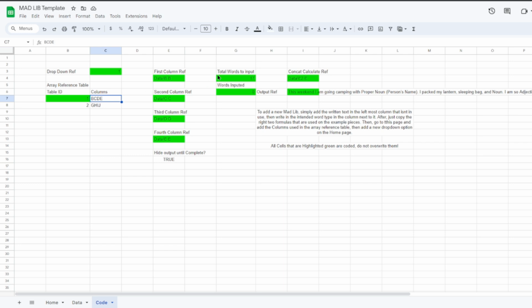So maybe what I'll do is I'll make another video showcasing another template that I don't have on the link sheet. Since it's a bit more proprietary, it is a finance document that I made that has a much more complex array reference table. But the idea of this is I can add in